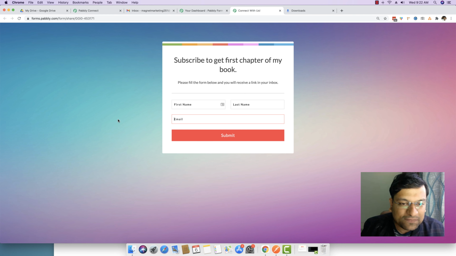And now this specific method, which I am explaining right now, will allow you to share the file from your Google Drive. As soon as someone fills out this email right here, they will immediately be shared a file from your Google Drive, and they can access and download this file. So let me show you how the exact process is done.